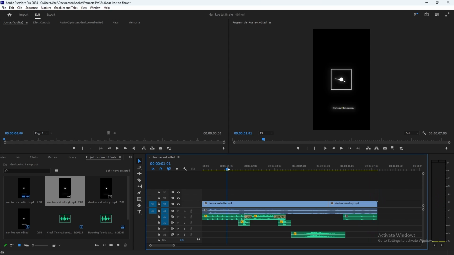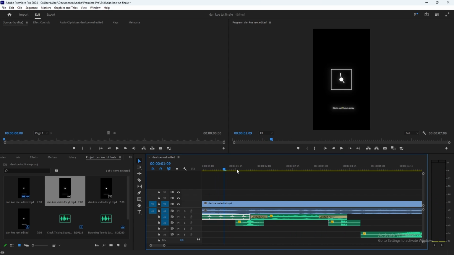Yeah, so the first sound effect is for the clock animation. I just did something simple that you would probably think about too. It just adds a ticking clock. Block out 1 hour a day. Yeah, okay. Now I will mute it for now because, yeah, you can see this clock border, it goes up and it moves beside the camera, like where the guy sees.